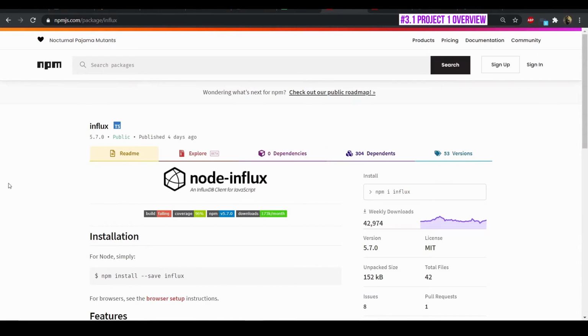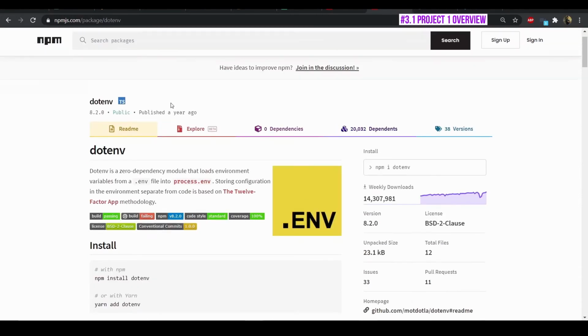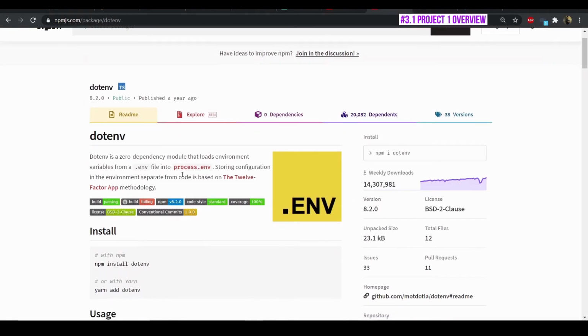So I'm going to need a couple of packages to write the application. The first one is Node Influx, which is a Node.js client to connect to InfluxDB. And I'm also going to need dotenv, because in order to connect to the database, I need to pass the host name, user ID and password. I can hard code those values in the code, but that's not the right way to do it. So I'm going to create an environment variable and pass the credentials through it. This is a safer way to do it because generally when we commit the code on GitHub, we exclude env files, thereby not disclosing any sensitive data that our app needs to run.